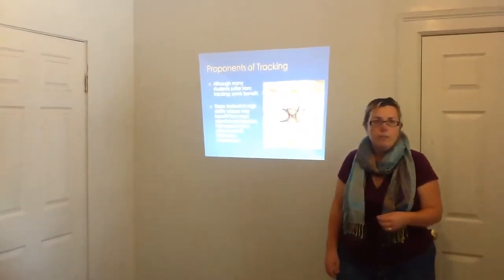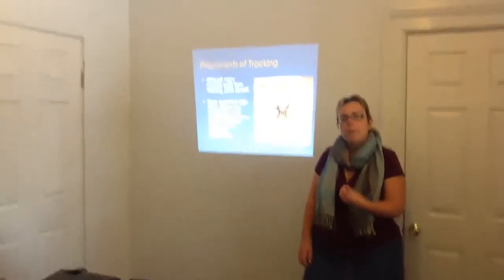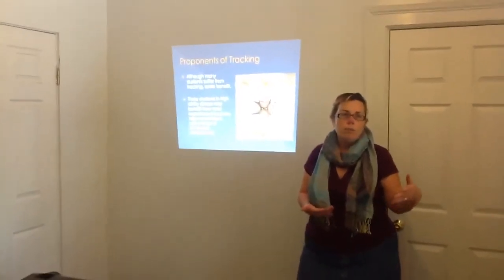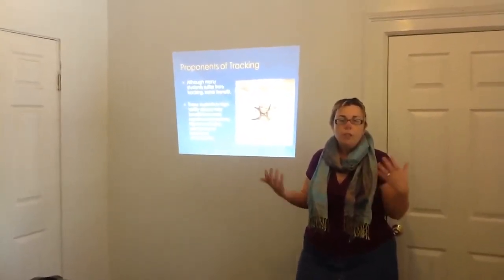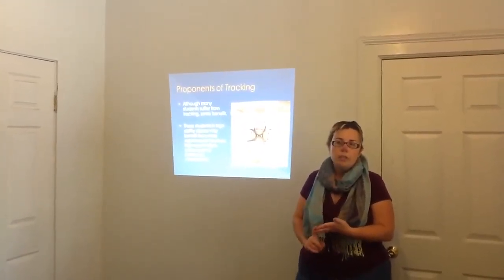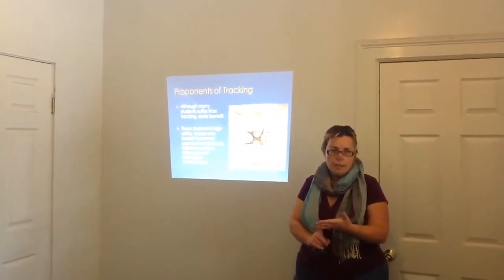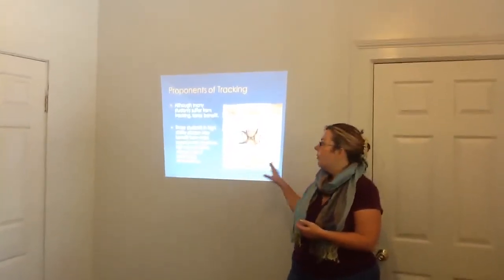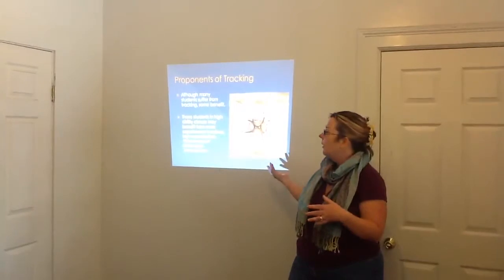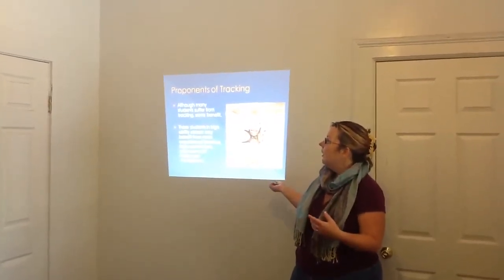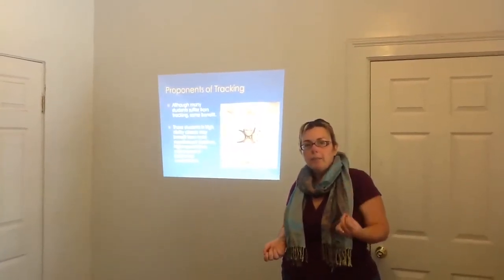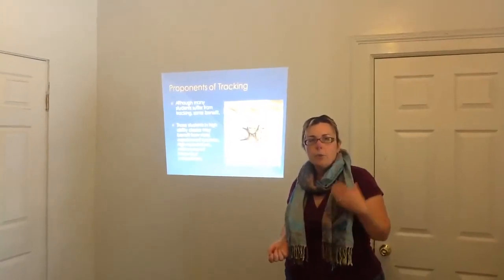There are proponents of the tracking system, and this is in part why tracking is still in place. Even though tracking has been proven to be harmful to a great deal of the population, especially to minorities, to poorer income children, to immigrant children, to the EL children and the special ed children, there are people who benefit. And those people who benefit tend to be the dominant culture, the white kids. It also tends to be those high ability level kids, those kids that have been identified at a very young age as kids who have it.